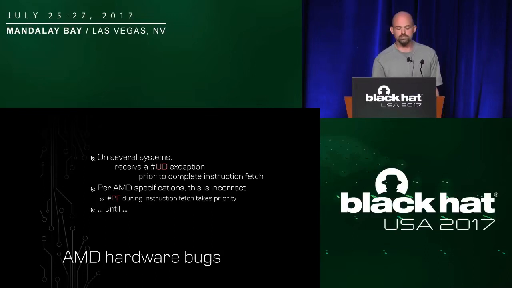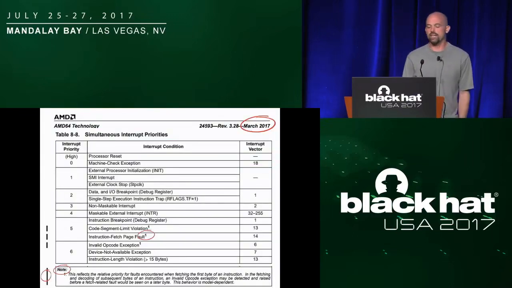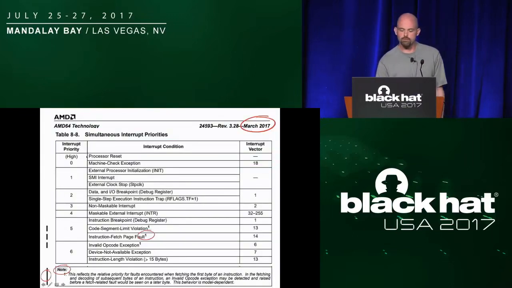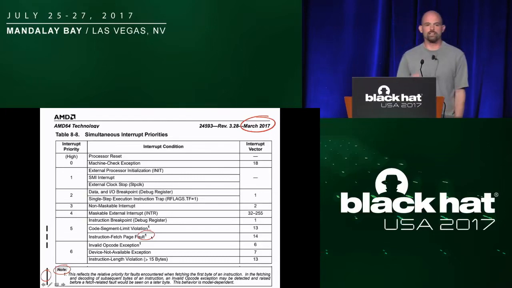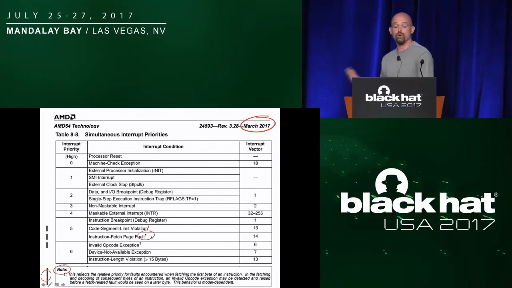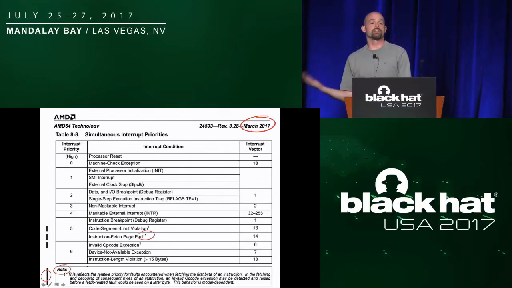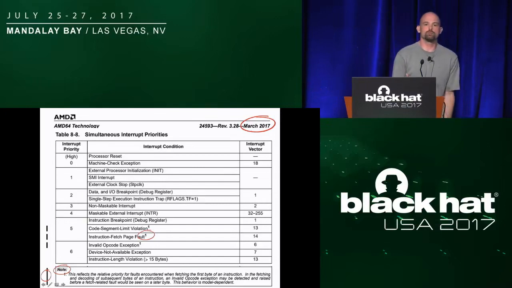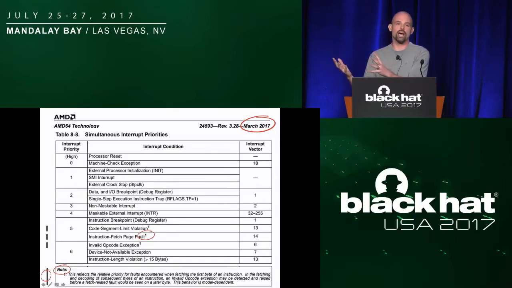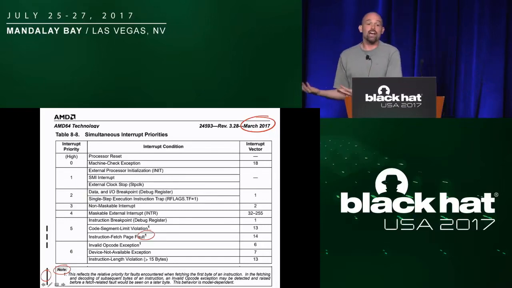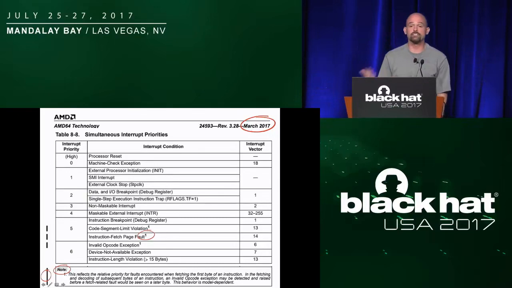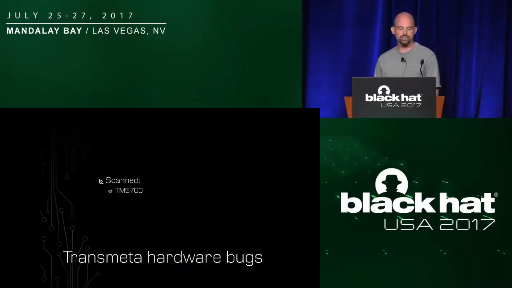When I was making this presentation, I looked at the newest version of the AMD documentation. And in March 2017, just a couple months ago, somebody at AMD must have stumbled across this, and they added this little footnote to the processor interrupt exception priority tables that basically allowed for this situation. Now, I think this was a little bit of a cop-out. If your processor has an errata in it, and then you update the documentation to allow that errata, is it still an errata? I think it is, but apparently this is allowed in the newest version of the AMD manuals.